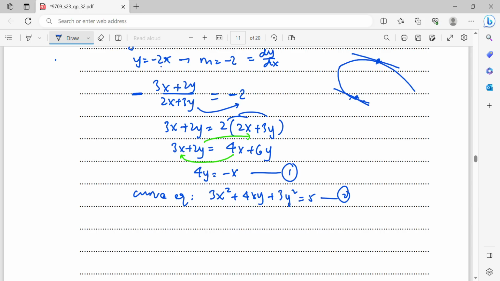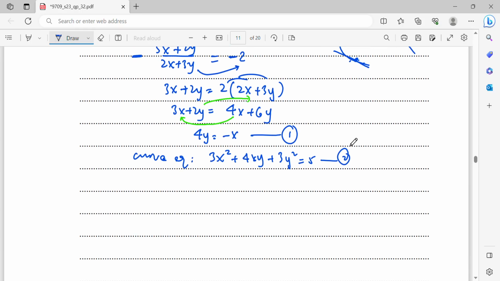Now, when you need to solve these two simultaneous equations, alright, you can either get a y as a subject, you replace the y or you replace the x. But obviously, from the first equation, I have the x already. That means now I just need to move the minus from the x to the other side. Means that now here, I will get x equals to minus 4y. Okay, then now I will substitute first equation into second equation